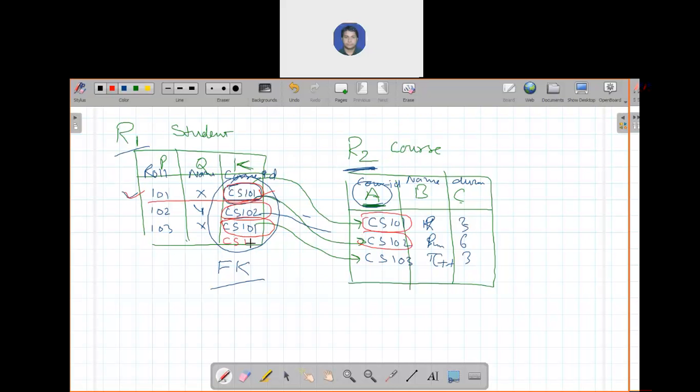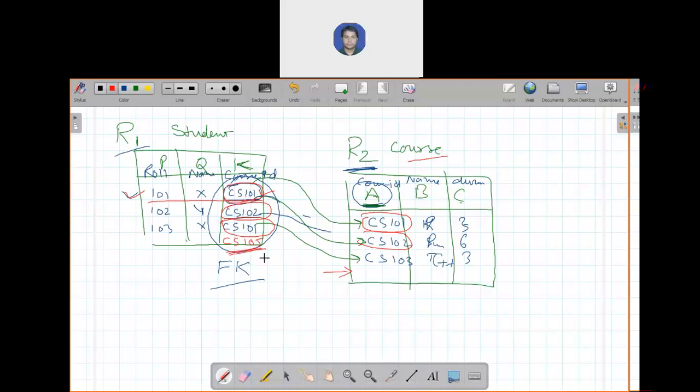If you set CS105 and CS105 does not exist in this relation, you cannot set that value. The course does not exist in your course relation, so always set a foreign key value which exists.